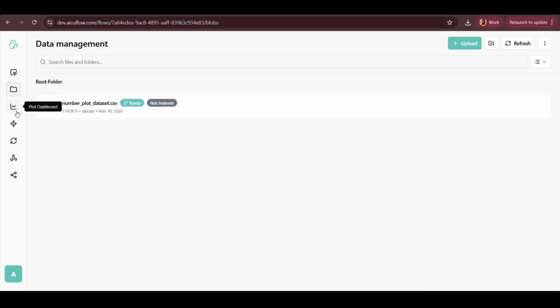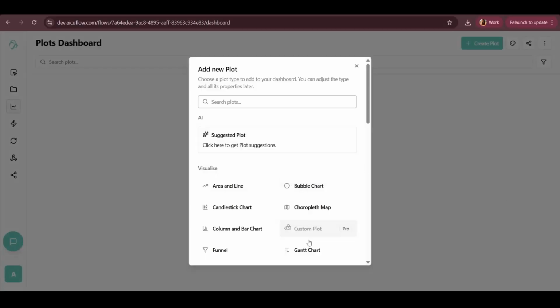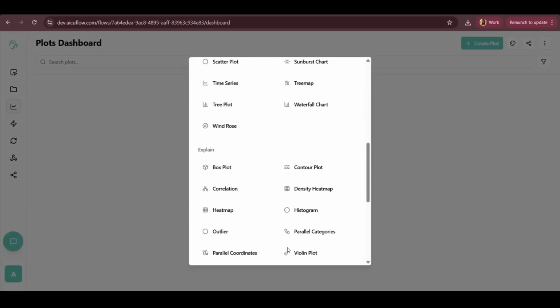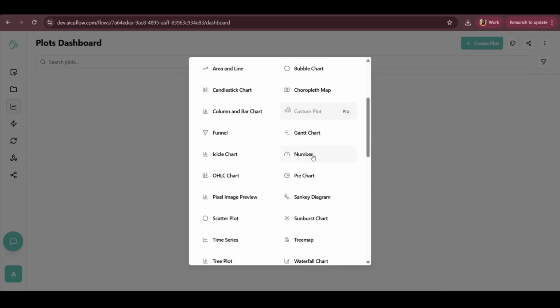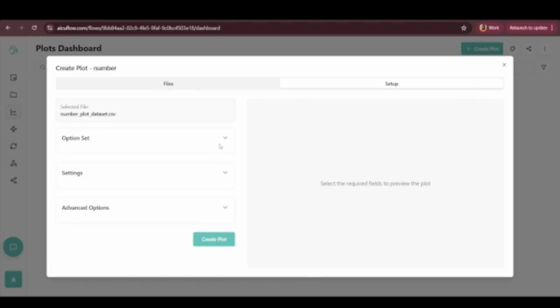Now head over to Plot Dashboard. Click on Create Plot. Select number up here. Select your data set and continue. Now in option set,